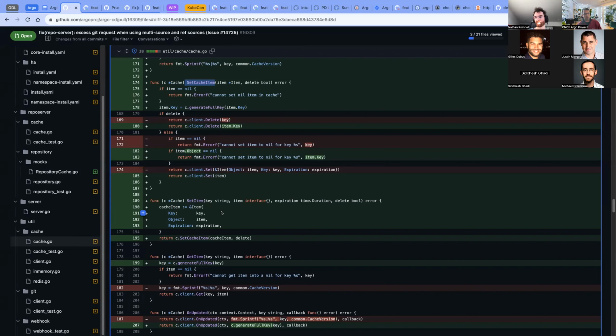If for your use case you absolutely need to have this cache centralized, and always bring from this central piece like Redis, which is external from the controller, external from everything in Argo CD, then the two-level cache might not be the solution to that. But if your use case allows that, then I think it's good to take a look and try to save those requests between Argo CD and Redis.